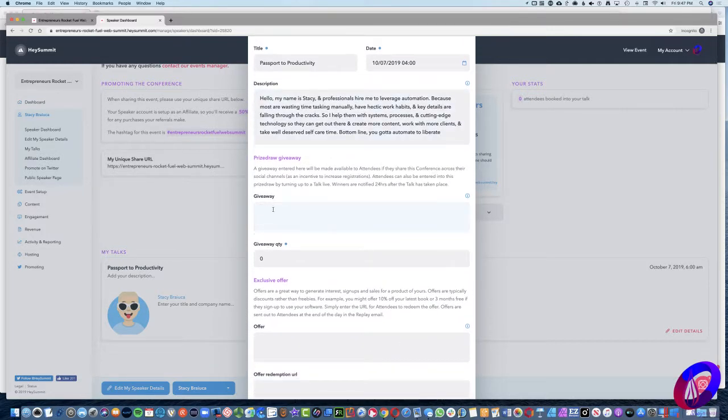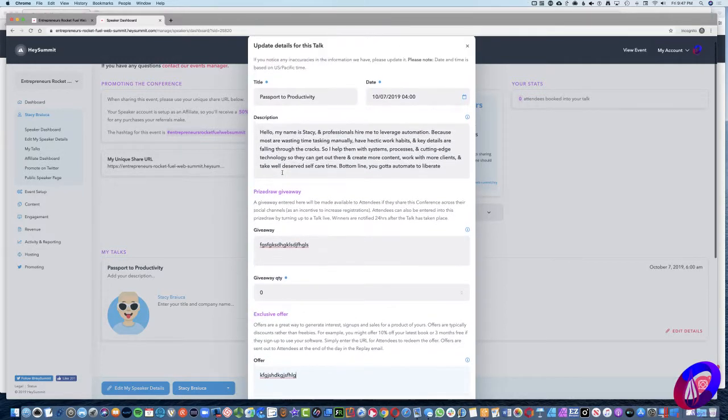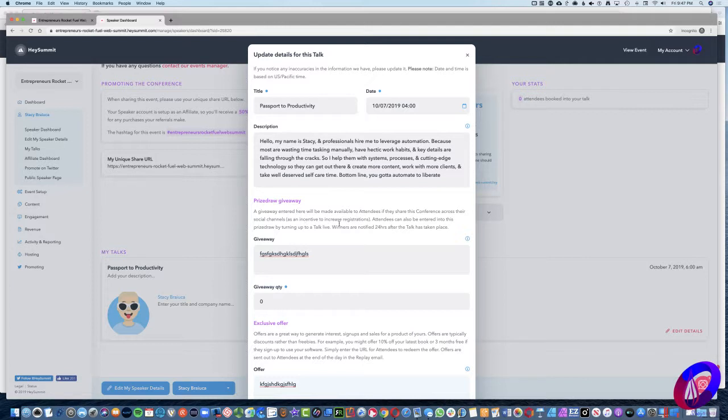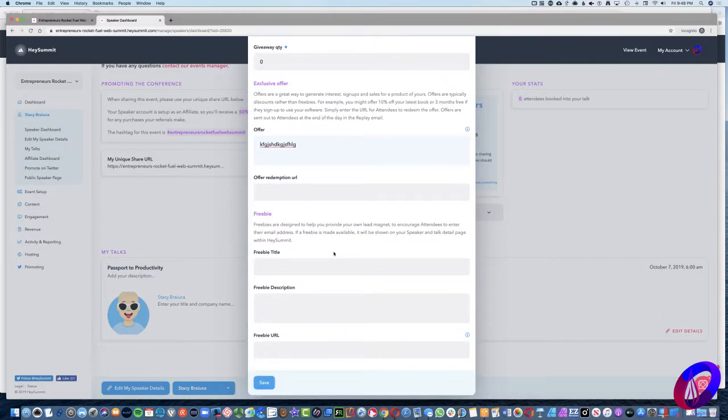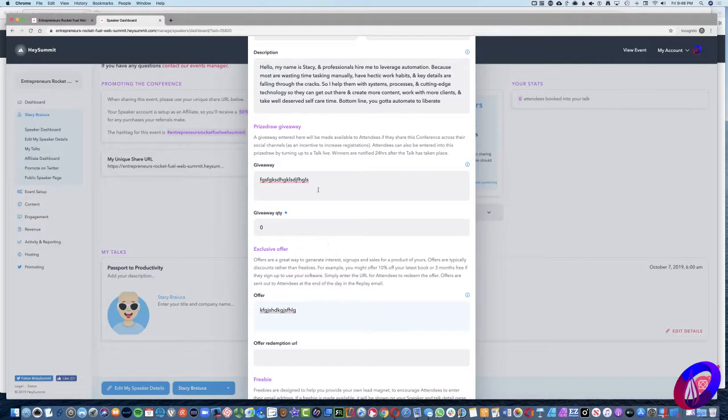They're going to want your prize draw giveaway, whatever that is. I'm obviously not giving away those items, whatever that was. If you are entering a summit that is saying you have to do a giveaway, an exclusive offer, and a freebie, then you need to fill this part in. With this particular one for Kimberly's, I don't believe they are saying that you have to have those things, but what I'm going to tell you is that prize draw giveaway,